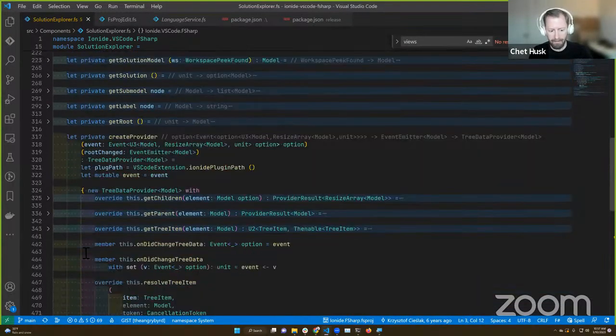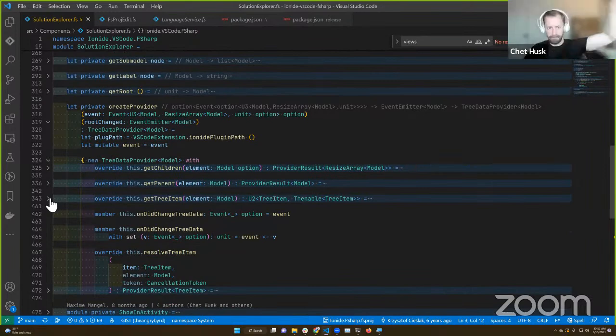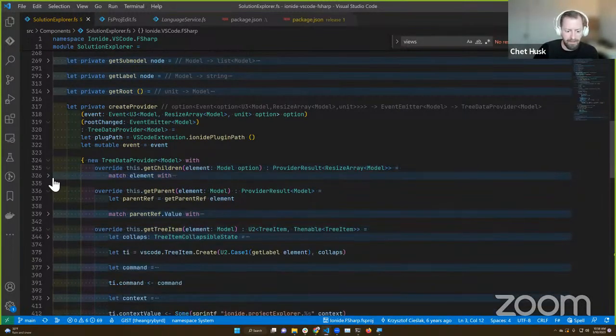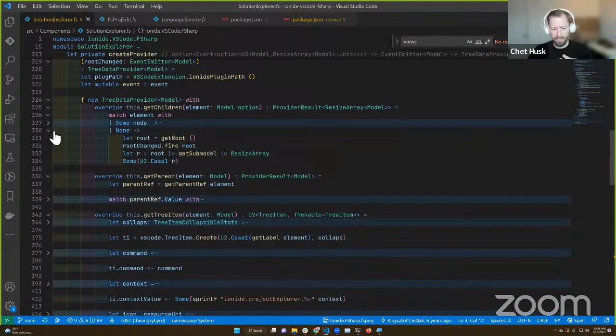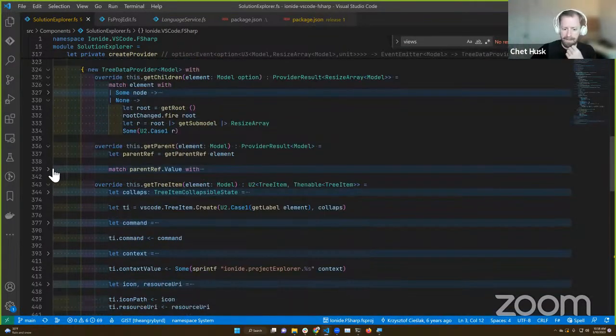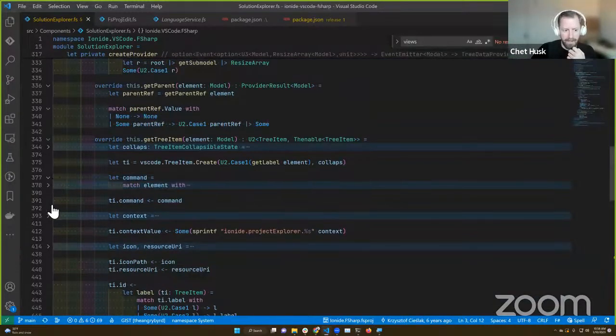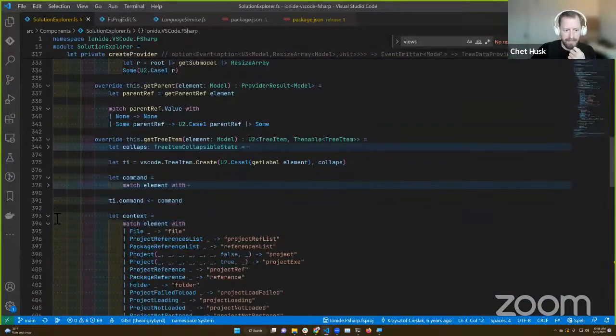And this tree data provider is responsible for providing the nodes in that tree to VS Code. And so the whole point of this is to sort of map our internal data model to VS Code's API. So this is a relatively thin wrapper, but it is still bound against our